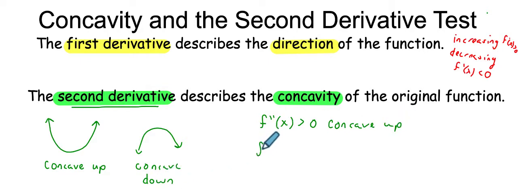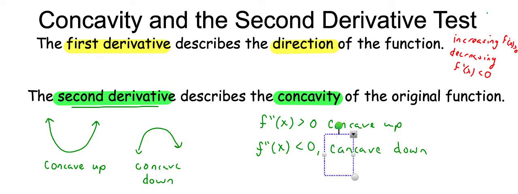But if our second derivative is negative, then for the entire interval in which the second derivative is negative, that part of the function would be concave down. Okay. So that's the idea that we're going to look at,